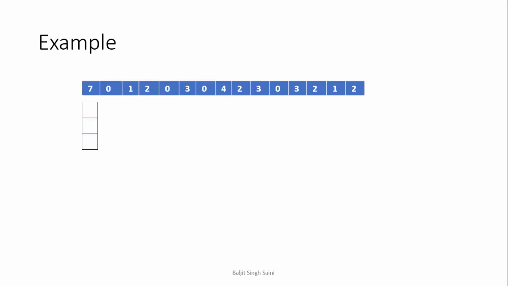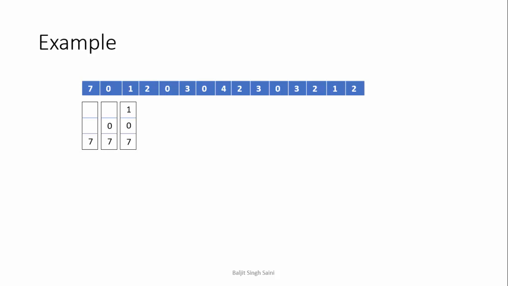This means that once the process requests the data from page number 7, the page is not in the RAM, so I need to bring in the page from the hard disk into the RAM. This is called a page fault. Whenever the requested page is not in the RAM, it has to be brought from the hard disk into the RAM. This is called a page fault. Now there are 3 frames, all empty, so we can allocate any one frame to the page. We allocate the bottommost frame to the incoming page, which is page number 7. Next request is for page number 0, so we can allocate the next frame. Similarly we can allocate the third frame to page number 1.